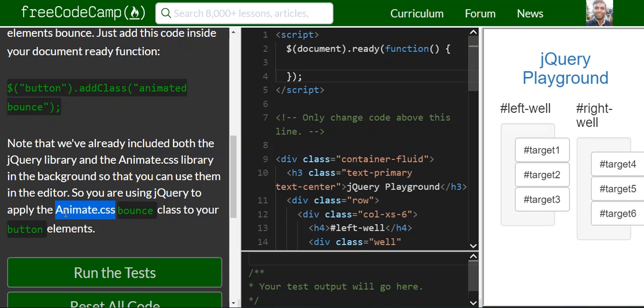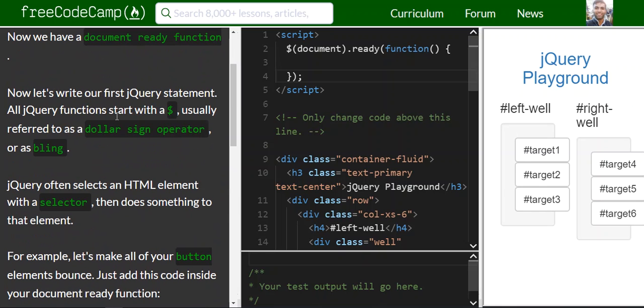Without this loaded, the bounce class will not work. Alright, so let's just break it down. First of all, the aim of this exercise is to add the bouncing effect to the buttons, and how we're gonna do that: first of all, we need to select the HTML elements